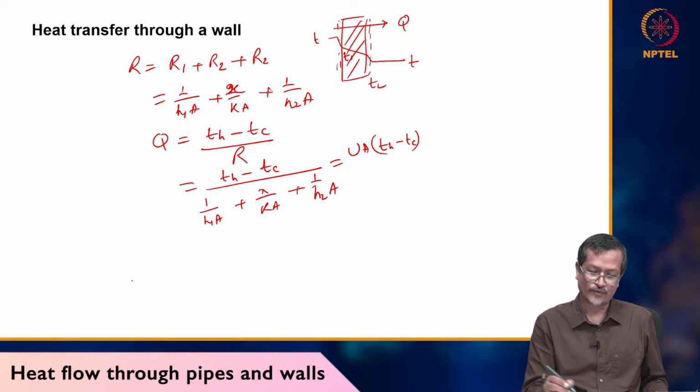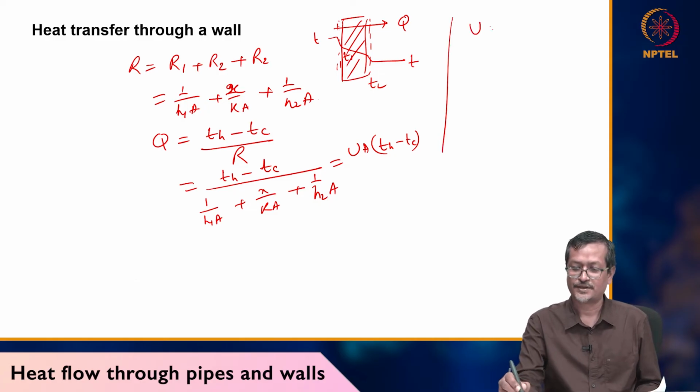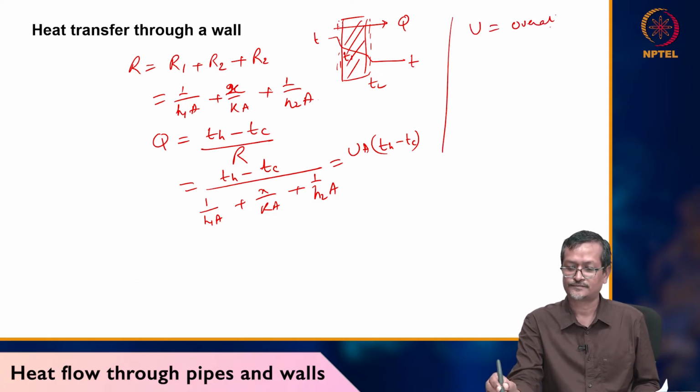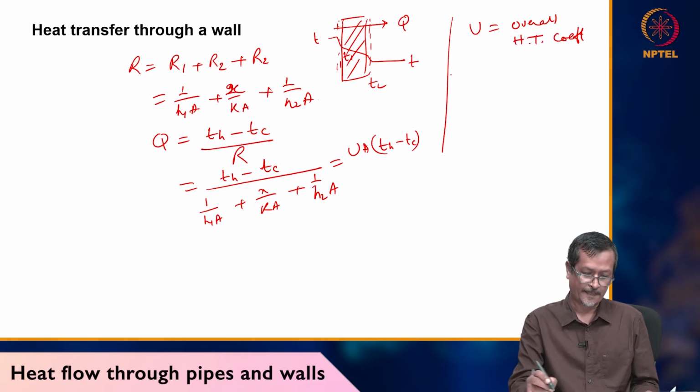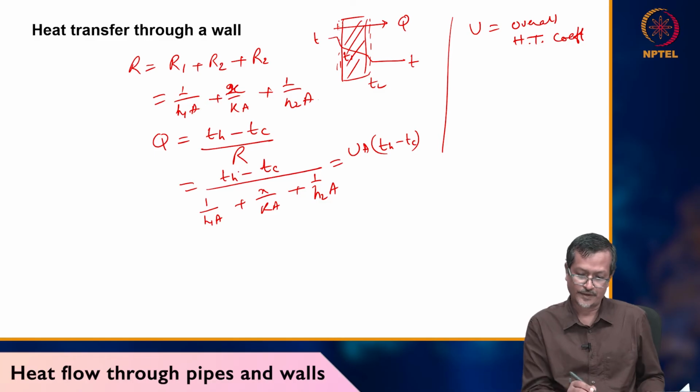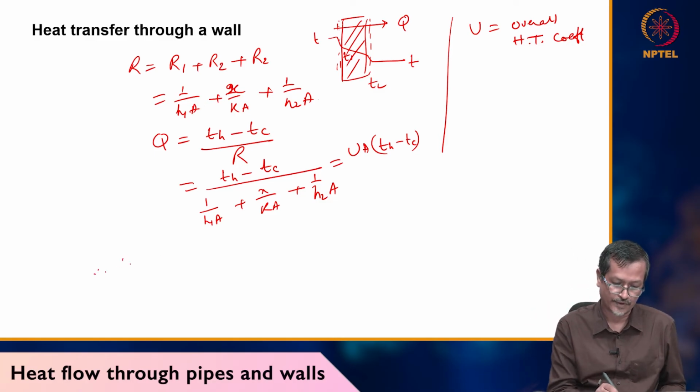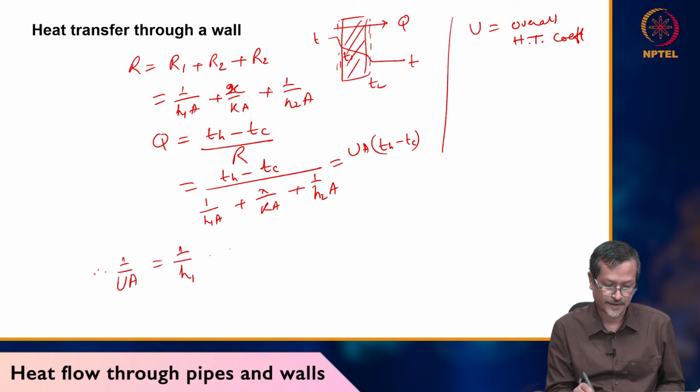So U is called the overall heat transfer coefficient. Okay. So 1 by UA, therefore, 1 by UA equals 1 by H1 plus X by K plus